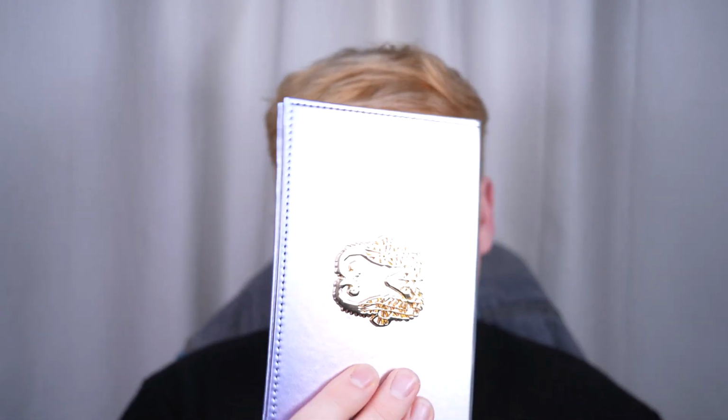For the eyes, I think today, oh God, I don't know what I'm gonna go with. All right, we're gonna use this palette. First, I'm gonna use some mattes just to map things out. The reason I said I was stressed before is because these kinds of palettes are so pretty, all the duochromes and all that, but they're so overwhelming. I have a few of them, not from Adept. This is my first Adept palette, but when I go to use them, I can't even choose. It's too hard. So I ended up just doing something basic, but